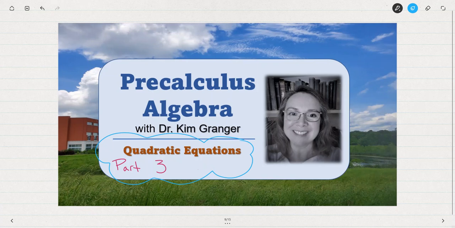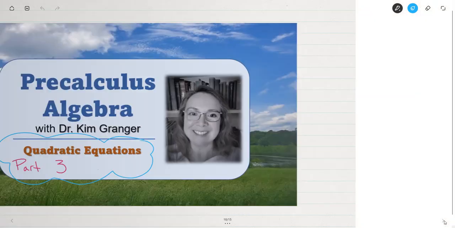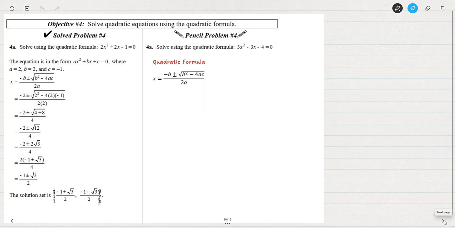This is the third video on this topic of solving quadratic equations. In this last video, we will discuss the pre-calculus algebra topic of solving quadratic equations using the quadratic formula. To start with, it's important that you know that quadratic formula. There's not a lot this semester that you'll need to memorize, but this is one of the things you'll need